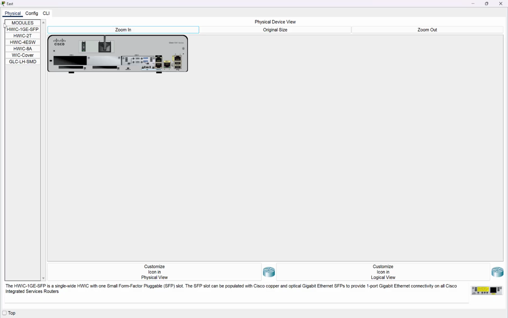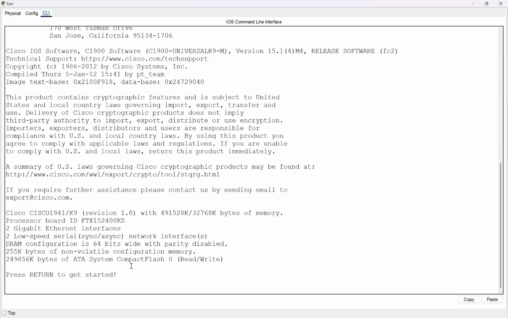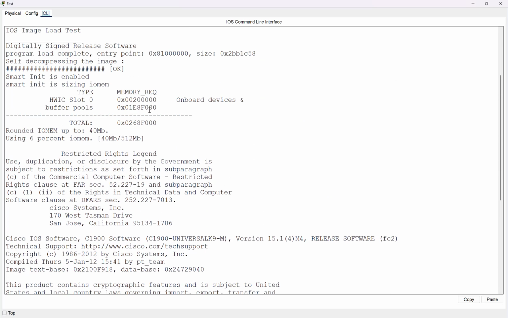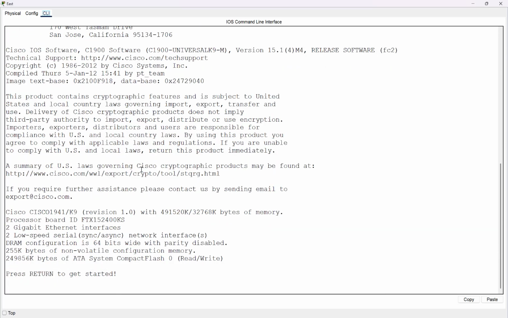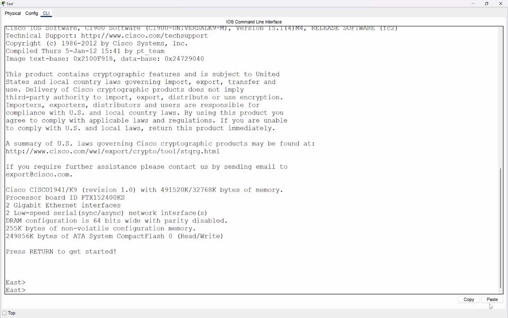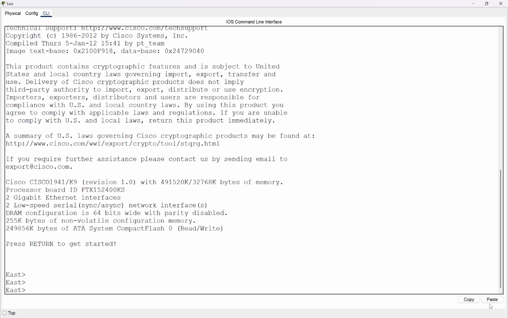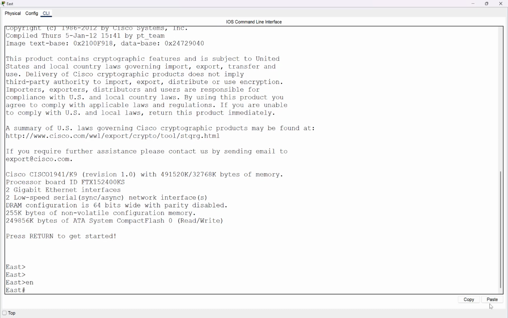Okay, I am going to click the CLI. As you can see, this gives you a description of what router you have in your possession. And you can see it lays out all the information. This information is actually important, but we're going to talk about this later on because you may have to purchase routers and switches for your company. So I'm going to hit enter a couple of times, and then I'm going to go ahead and enable, and then it says show,